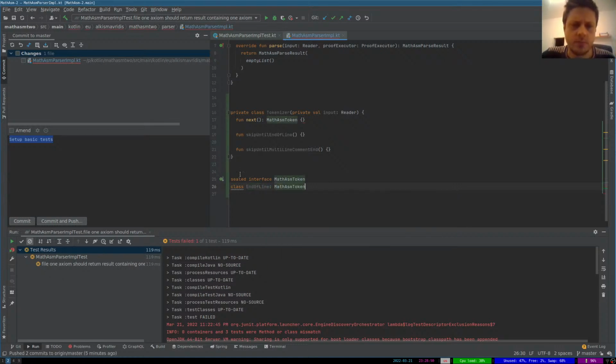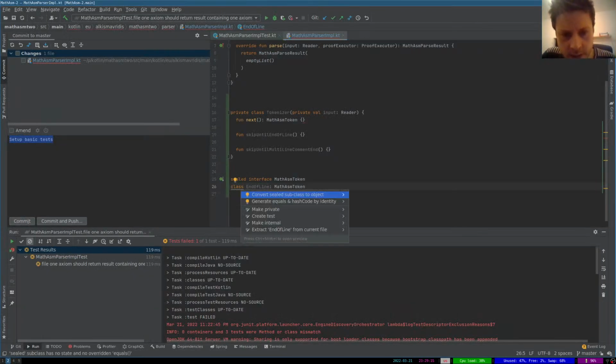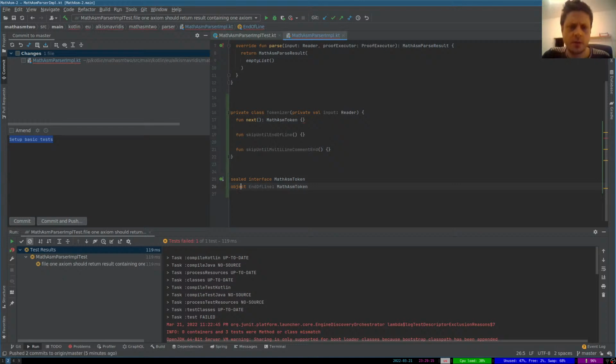So, hello, what? Sealed subclass has no state and no override equals. Okay, we need to have state. Maybe data class? No, of course not. So what do you suggest, dear IntelliJ? We can do it object, of course, like why not? Okay, so end of line, we have the end of file,